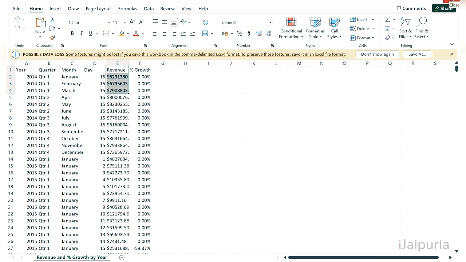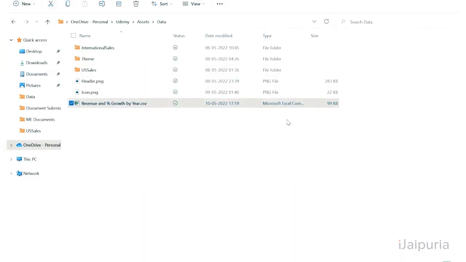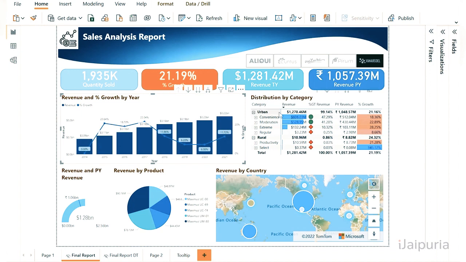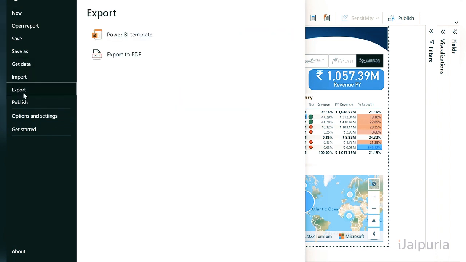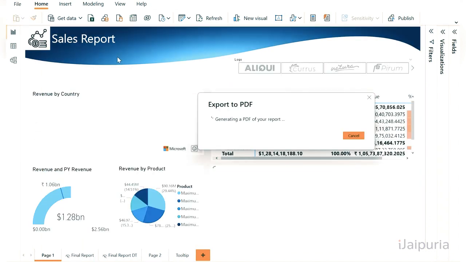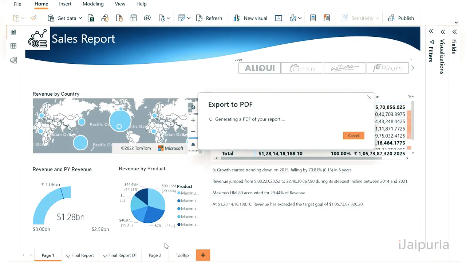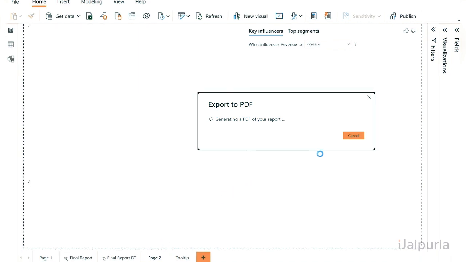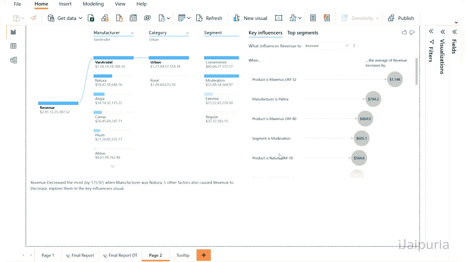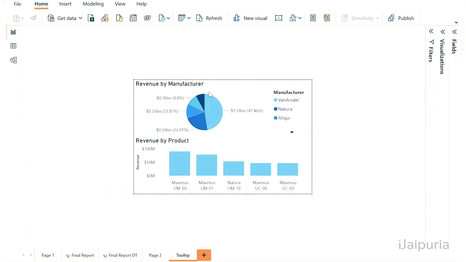So that's another good way to export your data in a CSV or a different format. Apart from that, you can also export this report by clicking on file, going to export, and clicking on export to PDF. So what it does is, whatever tabs which you are seeing here, it generates a PDF of your report of the tabs which are unhidden, right? So it generates a PDF of your report very easily and helps you view that specific report in form of